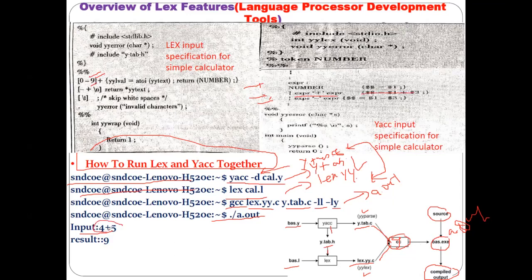But if you give the input like this, 4 into 5. Now 4 will get matched here, 5 also gets matched here. What about the into? So into will not get matched here, and only two tokens will be sent, only 4 and 5. Because multiplication will not get matched here, an error will come. Understood? So if only these two are sent, it will not match anything, and automatically the yyerror function will be called as a syntactical error here.